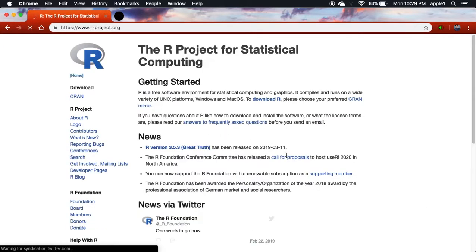Once this website is open, you can get to see the various versions over here. Now this news is saying that 3.5.3 is the latest version of R, which you can download for your system. Now if you click on download R, you need to go to this link which says CRAN under the download header. If you click on this link, it will take you towards the page where you can download